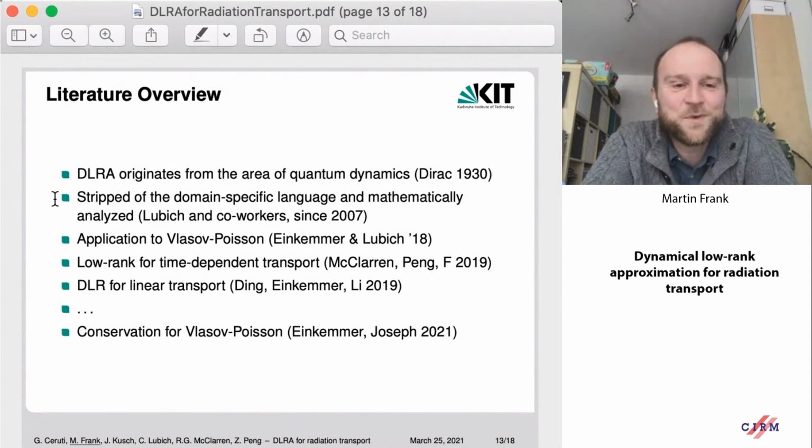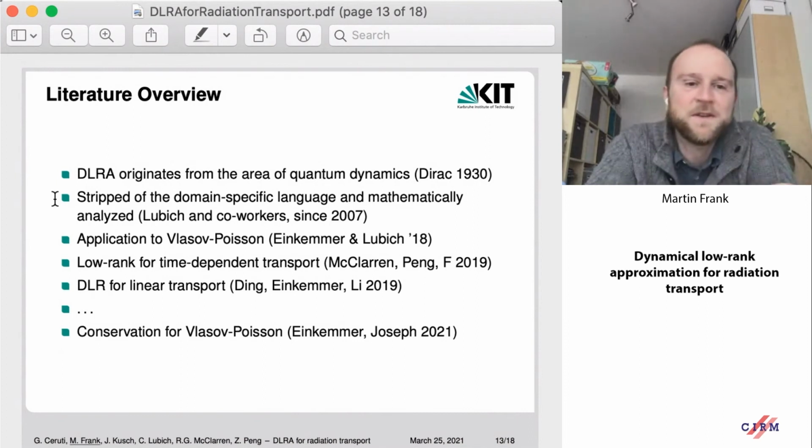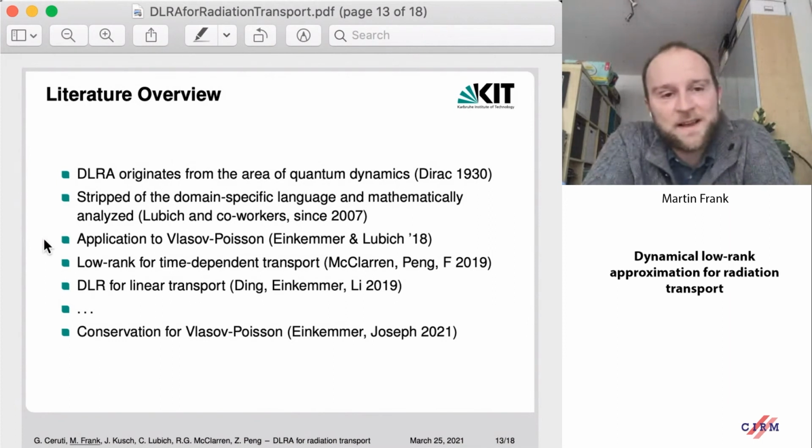So Lubich, who is an ODE person, basically stripped it of the physics language and turned it into a numerical method. And that was done about 10, 15 years ago. And they have developed this method for ordinary differential equations. Then even more recently, like a couple of years ago,